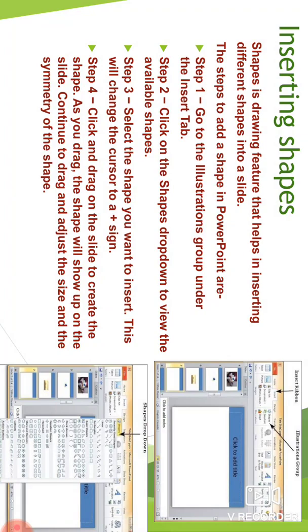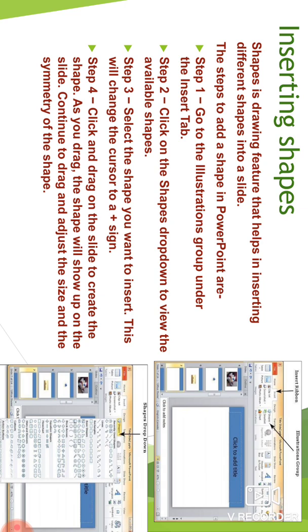Next heading is inserting shape. Sometimes you also require to add some shape in your document, like circle, square, arrow. So MS PowerPoint also gives this facility to apply a shape in your presentation. So how will you apply a shape in your presentation? Same from the insert tab. Means clip art, word art, shape, all these three things are applied from the insert tab. But in which group? Illustration group.